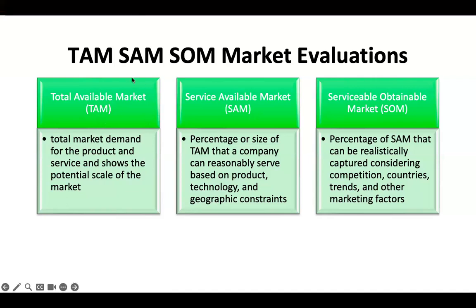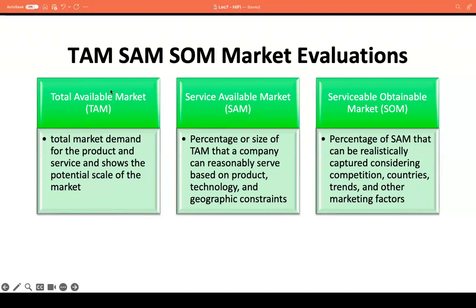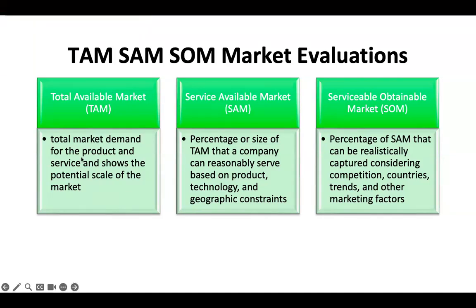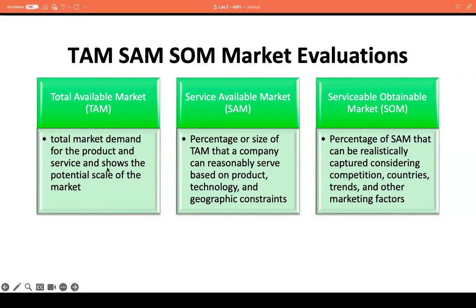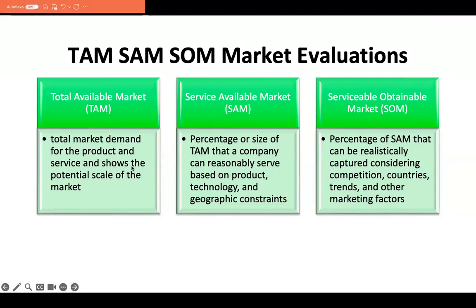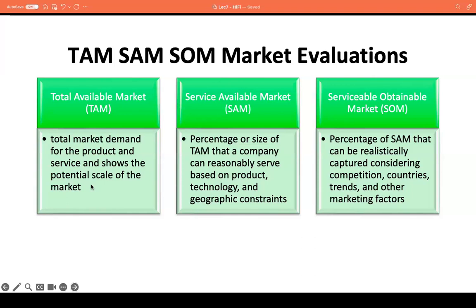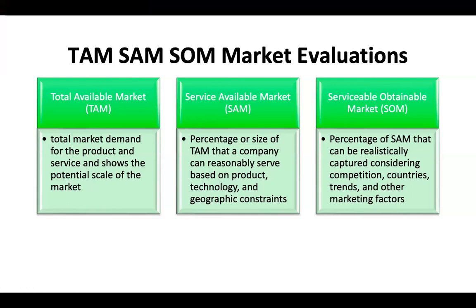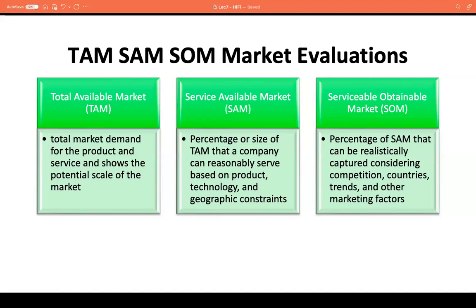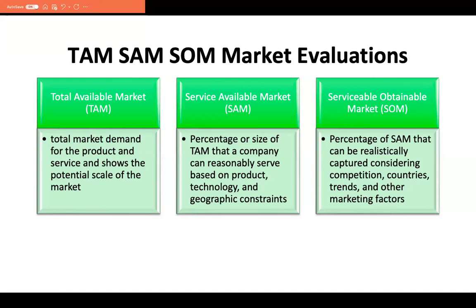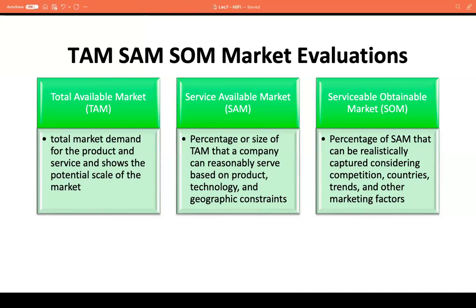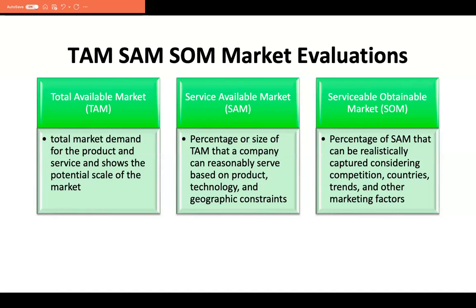So TAM stands for total available market, and it refers to the total market demand for the product and the service and shows the potential scale of the market. So it represents the maximum potential market size without considering any constraints or limitations. So it represents the entire market that a business could potentially serve, assuming that there are no competitors or barriers